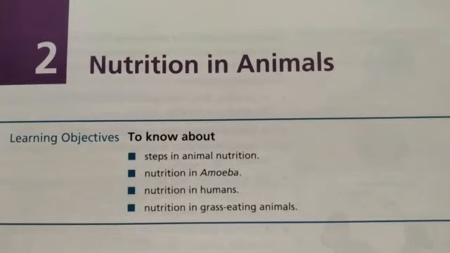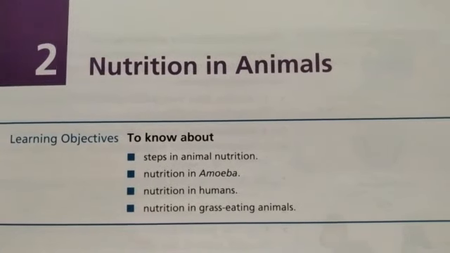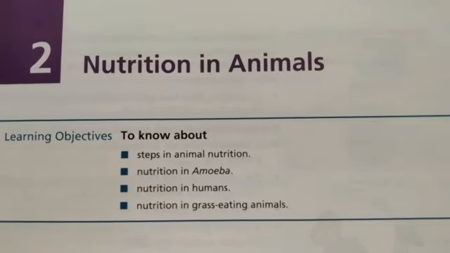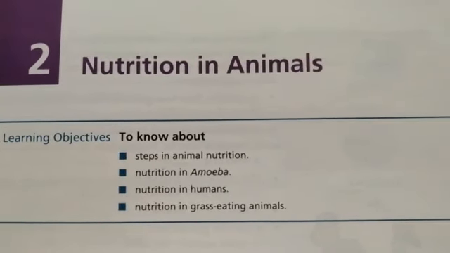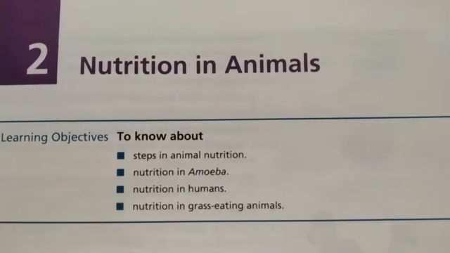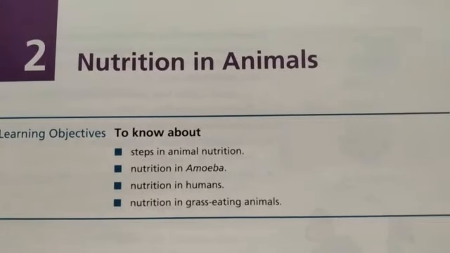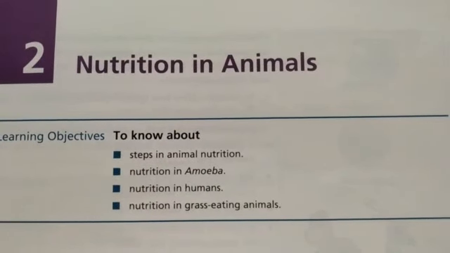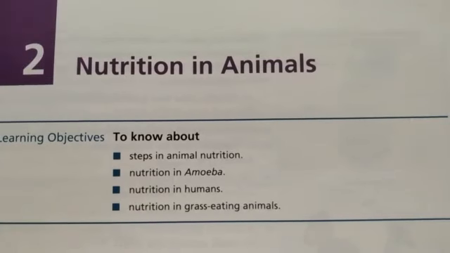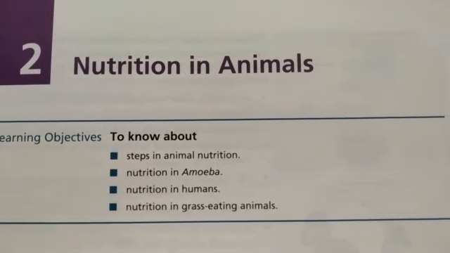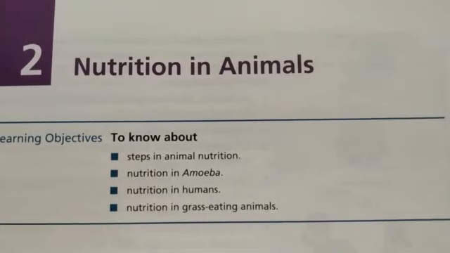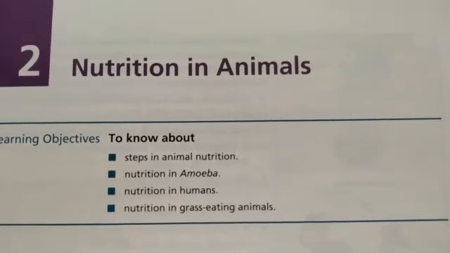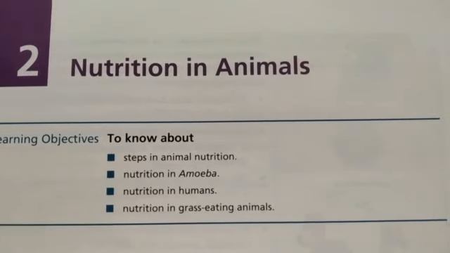My dear children, in chapter 1 we learned about nutrition in plants, and also learned that animals are heterotrophic in their mode of nutrition; they cannot prepare their own food. They eat either plants or other animals, but plants are autotrophic, and they prepare their own food. Do you remember the food items which we get from plants and animals? From plants we get rice, dal, bread, fruit, vegetables, and some other things. But what about the food items which we get from animals, like milk, curd, cheese, eggs, and meat? These come from animals.